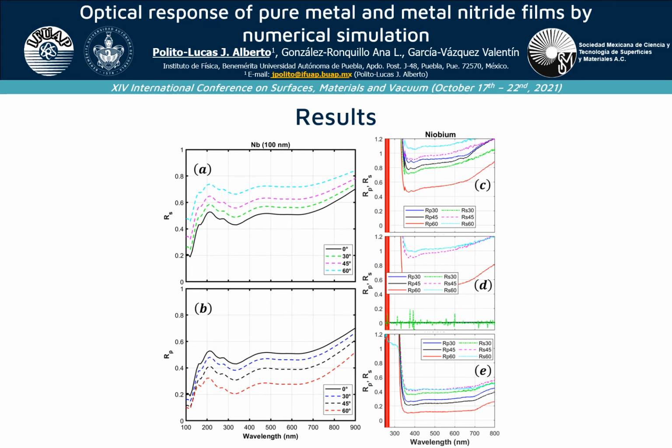Only for the case of niobium was there a comparison with experimental results. In this case, the numerical calculation was done for a 100 nanometer thick film as a function of the incident angle: 30, 45, and 60 degrees. In addition, 2 types of linear polarization were used, S-type and P-type. For the samples S1, panel C, and S3, panel E, a trend found with the numerical calculation is observed. The intensity of the RS spectra increases with the incident angle. Conversely, the RP spectra decrease as the incident angle increases.